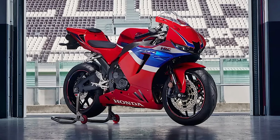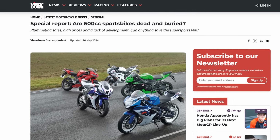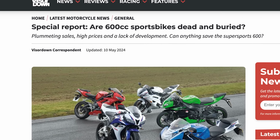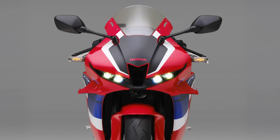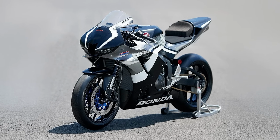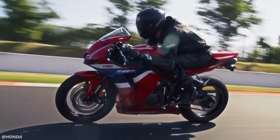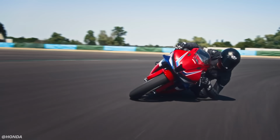Traditional 4-cylinder 600s are becoming more of a rarity in the current motorcycle landscape, and many have been discontinued in Europe and other markets, and like the R6, discontinued entirely. But this kind of makes the CBR 600RR a bit of an odd duck. It was initially discontinued entirely around 2017, but then it was brought back in Japan in 2021 and in Europe in 2024. In these markets, the bike has been significantly updated as well,